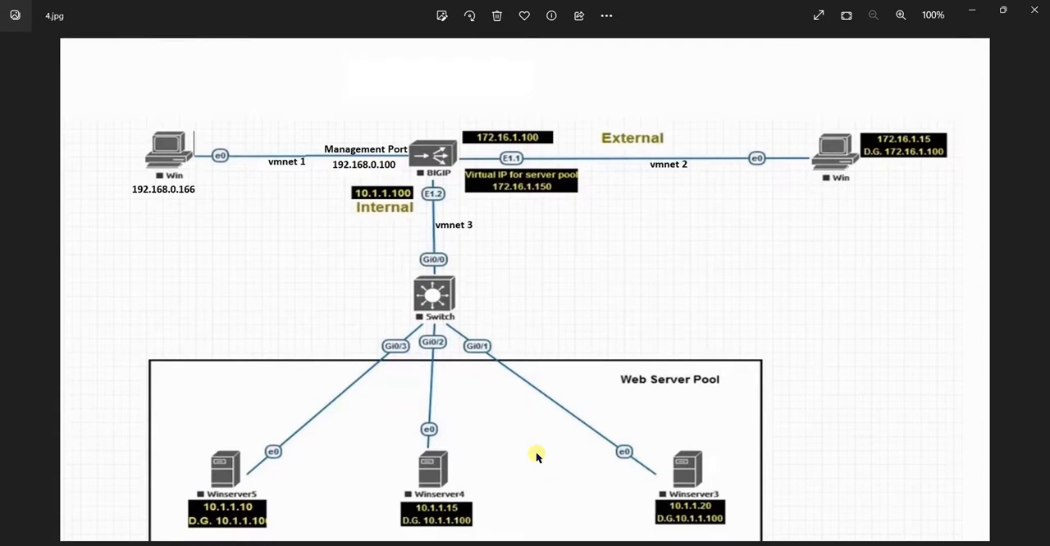Then, as I told you, we will be making a small change in our lab topology. What I did is I have added a management station. This is nothing but your laptop or desktop on which you are performing your lab. So BIG-IP will have three network ports. One is the management port, which will be connected to VMnet 1, and the IP address of the BIG-IP is